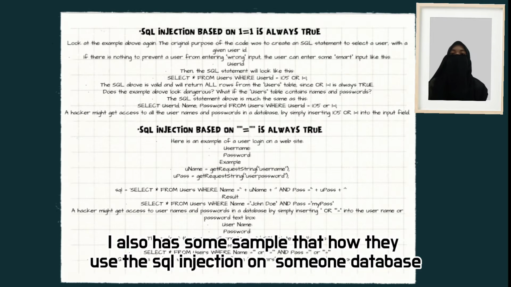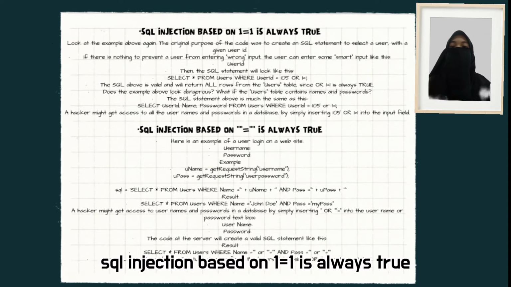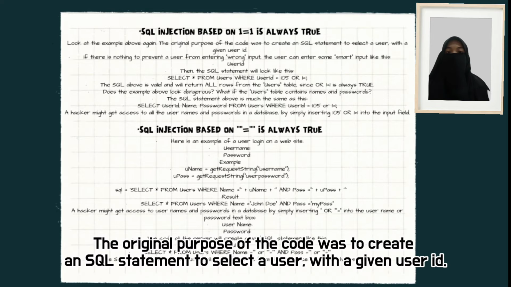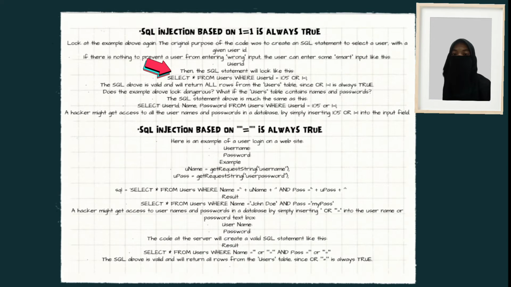I also have some examples of how they use SQL injection on someone's database. Number 1, SQL injection based on 1=1 is always true. Look at the example above again. The original purpose of the code was to create an SQL statement to select a user with a given user ID. If there is nothing to prevent a user from entering wrong input, the user can enter some smart input like this, user ID,